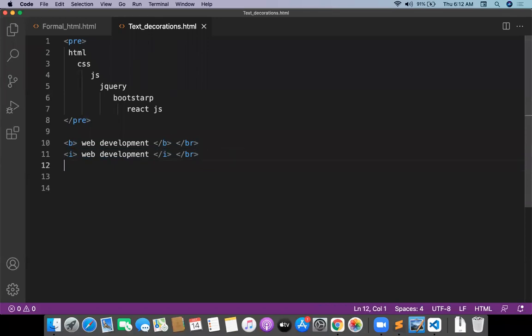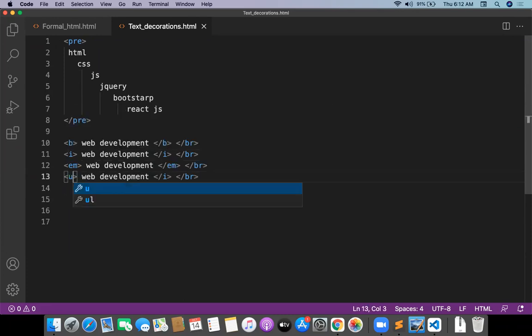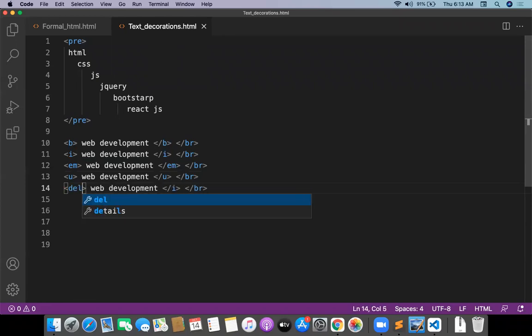And one more is the EM tag, emphasized. Emphasize the text. And one more is underline, the U tag. U is nothing but underlined text. Whenever you want to show the text with underline, you can go for the U tag. One more is deleted text, something like deprecated text.